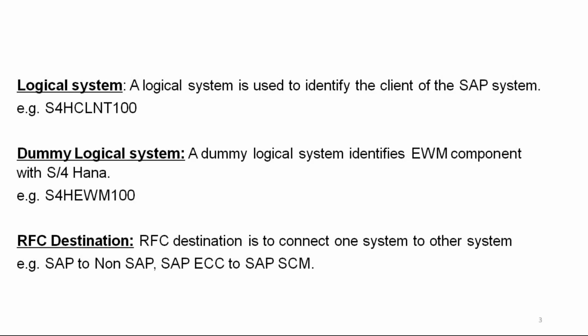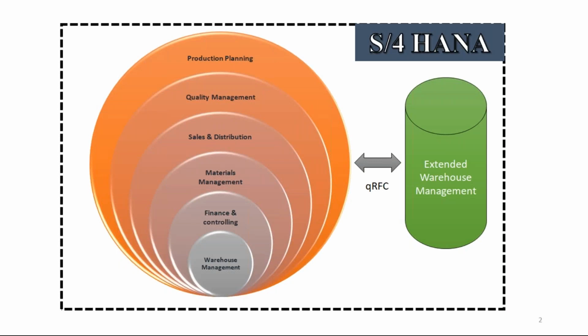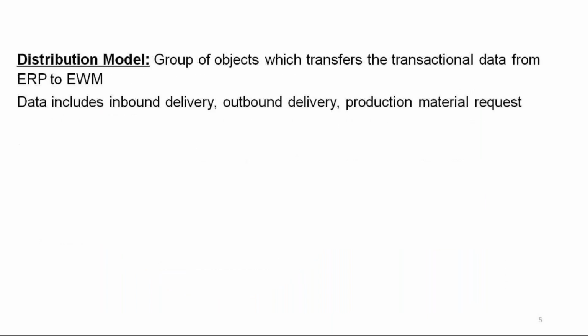Now, there is some basis setup that will be available in order to maintain the system integration between ERP and EWM. We maintain these logical systems and RFC destinations, and we'll also generate distribution models and so on in order to communicate between ERP and EWM. So this is completely a basis setup. Most of the configuration you see in the system integration is a basis setup. But as part of the course, we'll also cover this because you should be able to understand how the communication is set up between ERP and EWM.